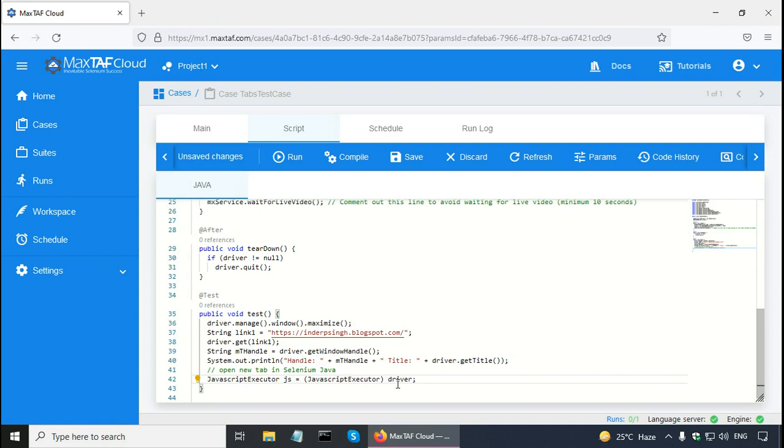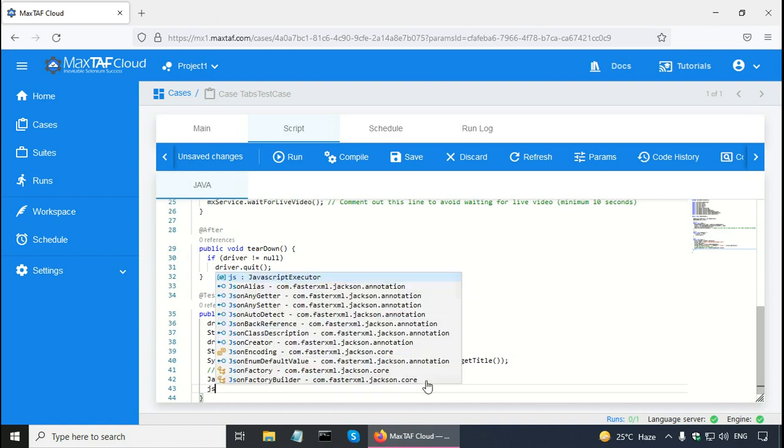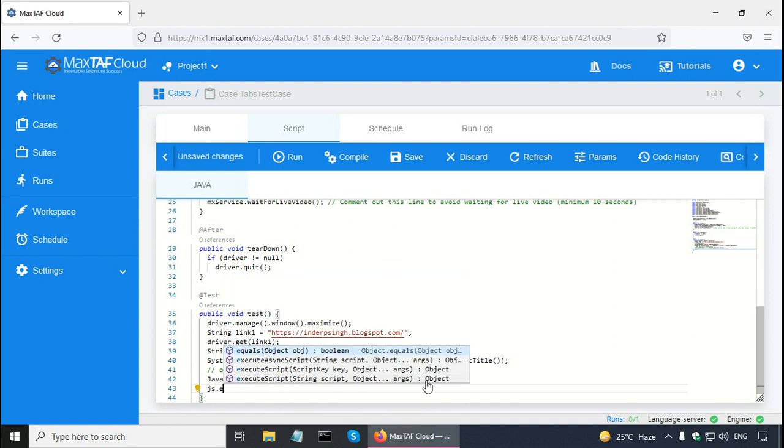Now the name of the variable is driver. Before that I have given JavaScriptExecutor in brackets. This is called typecasting, and basically it will convert the type of driver to JavaScriptExecutor. Now in the next line I can execute some JavaScript. So use the js variable, js dot executeScript,